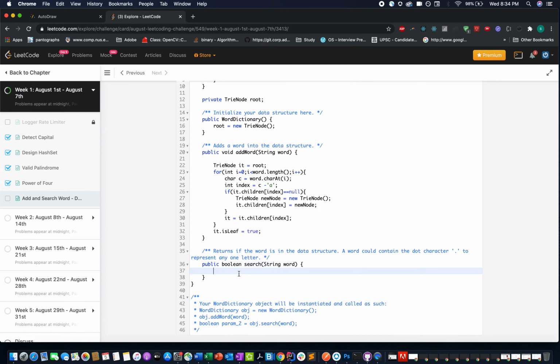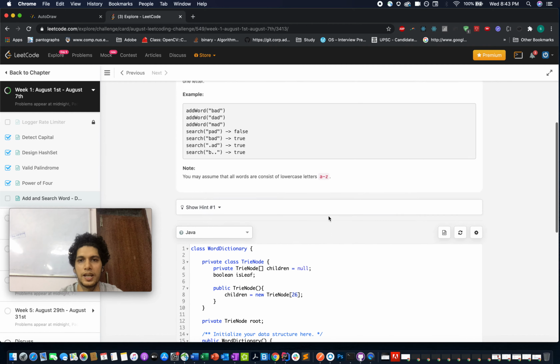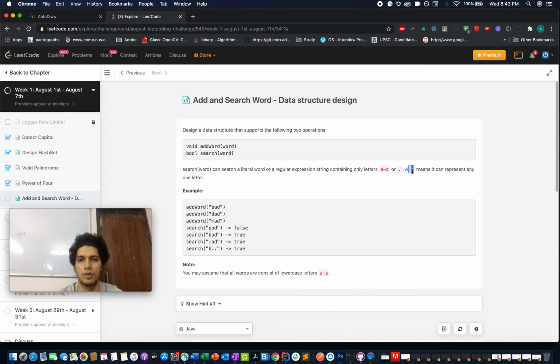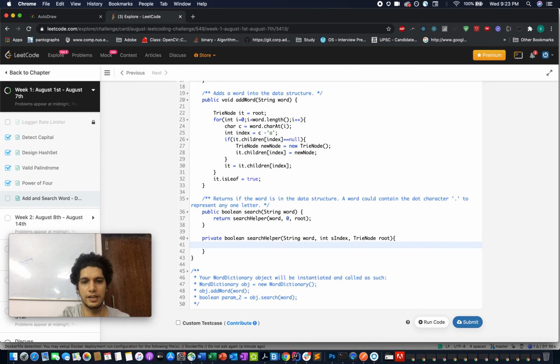Now let's talk about searching in the TrieNode. Searching is a little complex because you need to take care of a specific case where we want to do a wildcard search. So I'll go step by step. I'll explain how we can first do a static search where you're searching for a particular word, and then we will be extending it to the dot to handle that case. So we'll be creating a helper method for this. Let's call it searchHelper, and we'll be passing the word in it, the start index where we are starting the search, and the third one would be the root or the TrieNode where we want to define the searchHelper method.